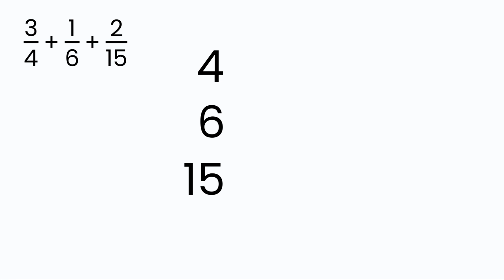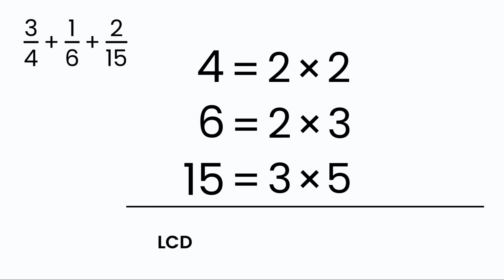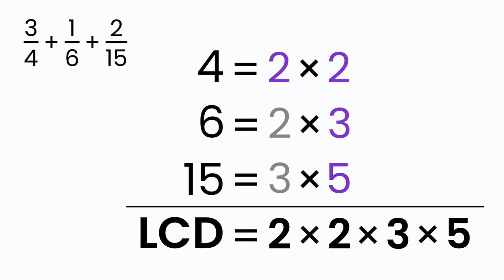The prime factorization of 4 is 2 times 2. The prime factorization of 6 is 2 times 3. The prime factorization of 15 is 3 times 5. You can see that you must include 2 times 2 to cover 4, and also you need to include the 3 to cover the denominator 6. Finally, you must include the 5 to cover the prime factorization for 15. Putting them together, you have found that the least common denominator is 2 times 2 times 3 times 5, which